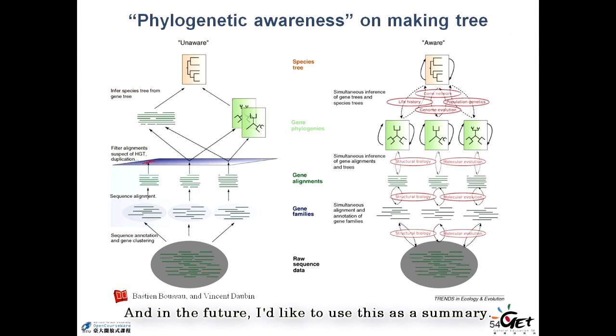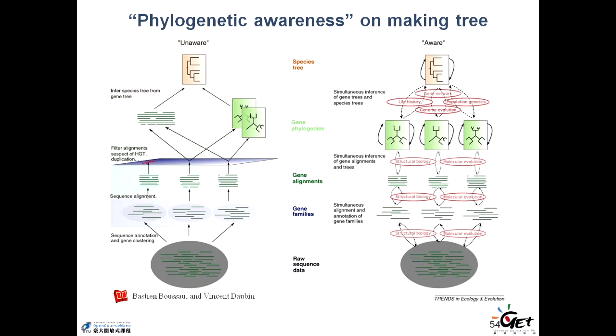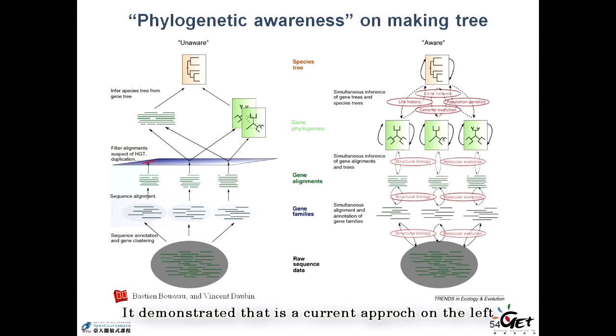In the future, I would like to use this as a summary. This is a review paper published 2 years ago. It demonstrates the current approach on the left and what we should do on the right. Basically, we have a lot of information very easily, and we just figure out what the suitable orthologs are and make a tree, either using supertree or supermatrix,